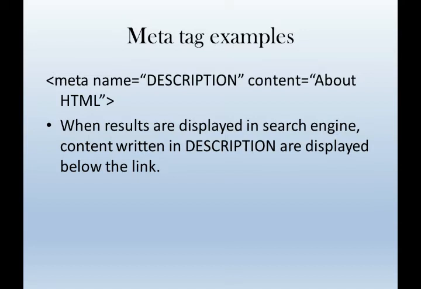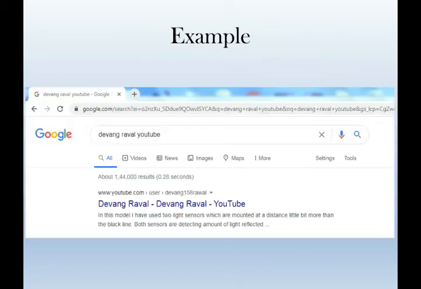The first one is attribute name equal to description. Now you can see that in meta tag we have used the first attribute name, and description we have given in content. Content is equal to about HTML. Most search engines will display the description when they show the results of a search to the users. In absence of such description, the search engine will display only the first few words.